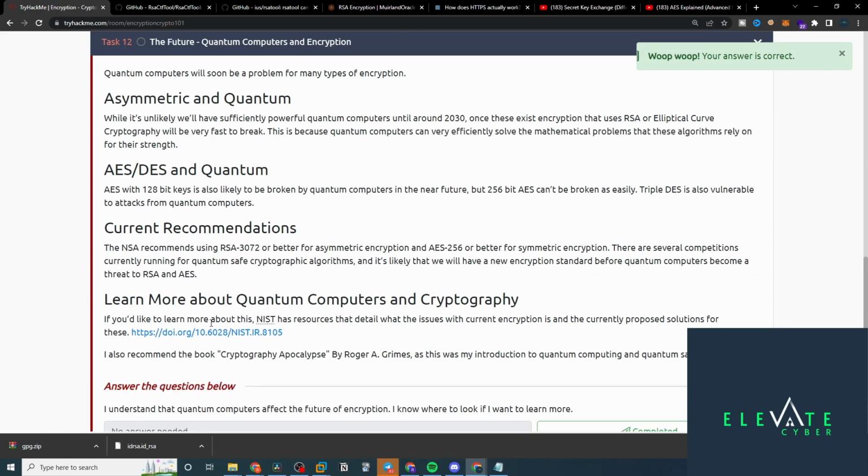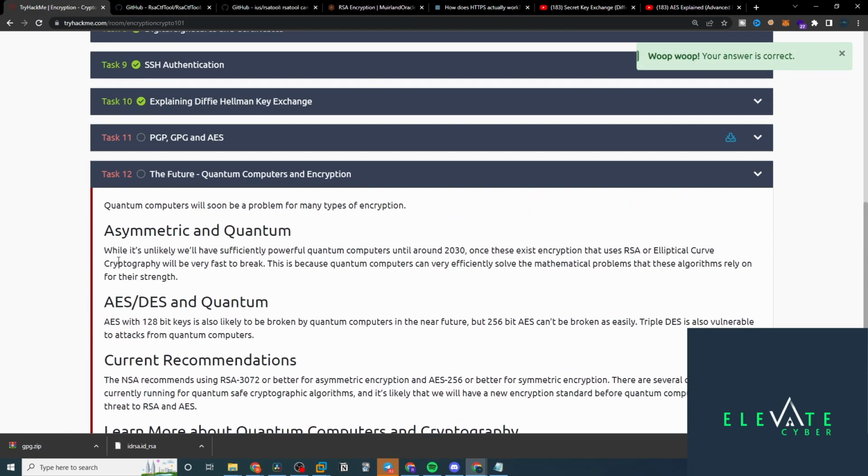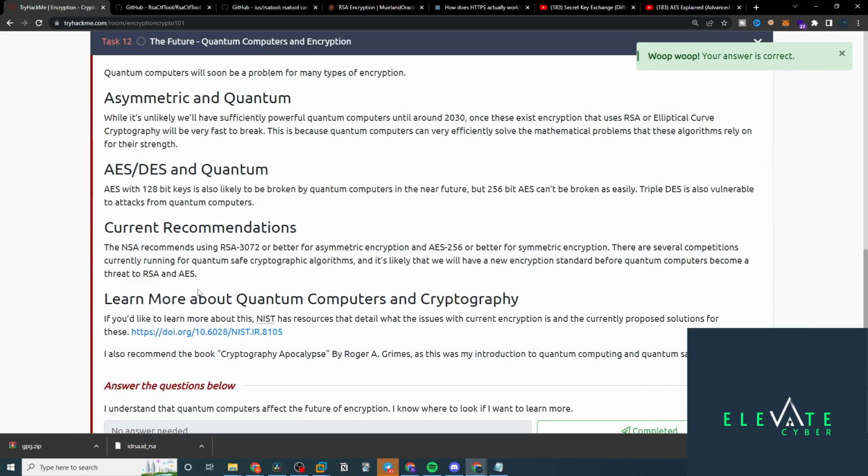And there we go. Now the final room here is just talking a bit about quantum computers. Quantum computers could present a problem. It probably will be a problem for encryption because it'll just be so much faster. And that is what makes a lot of these algorithms considered to be secure. Because with an infinite amount of time, any algorithm can be hacked. All these encryption schemes can be broken, but with our current computing power, it would take hundreds or even thousands of years to crack the encryption that, by all intents and purposes, we consider to be secure.